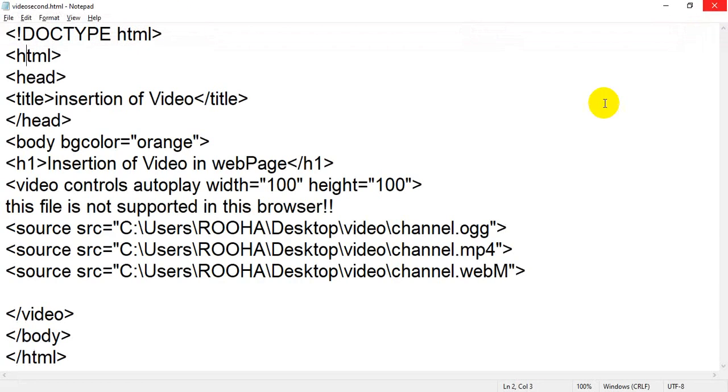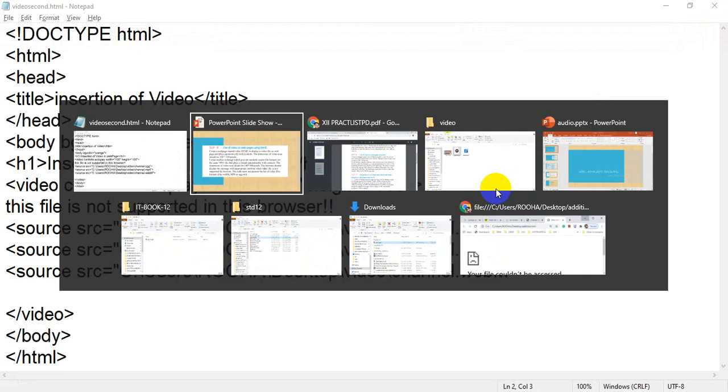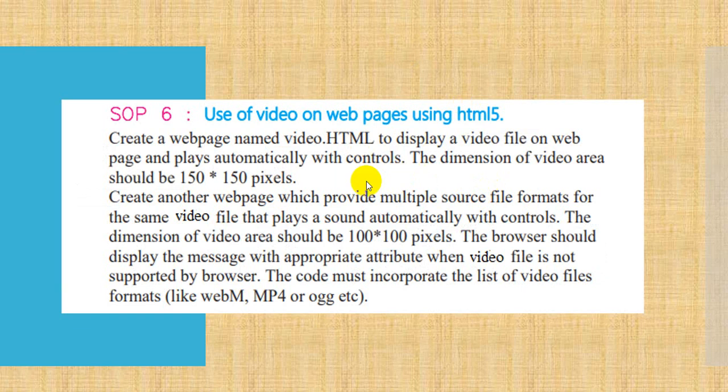Okay students, again I am moving back to my question and I want to check whether I have completed my full question or not. The first thing, I have completed. Create another page, I have created. Multiple sources I have done for the same video, meaning the video name is the same, only the file extension is different. The video is playing automatically, and there is a control where we can stop and play.